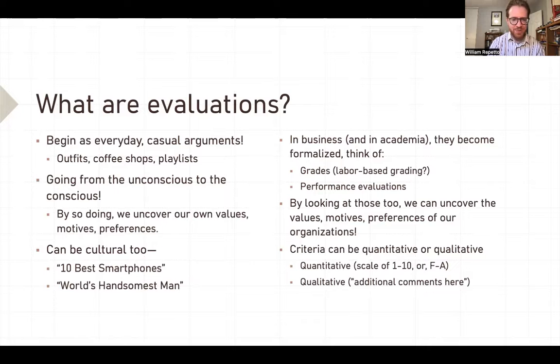So ones that I searched up really quickly online are ones like the 10 best smartphones, right? Which implies that everybody has the same expectations of a smartphone. Like Western ideas of I need it to email, I need it to be connected throughout the world, and things like that. So they get down to the cultural level, or People Magazine's world's handsomest man, although I think they use a different word than handsome. But if you go back and look at it, it always seems to be a famous person, right? So how did they culturally come to that, where fame gets equated with this idea of being handsome?